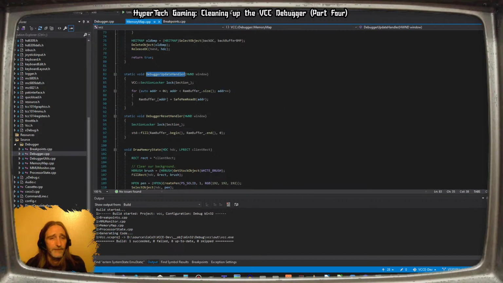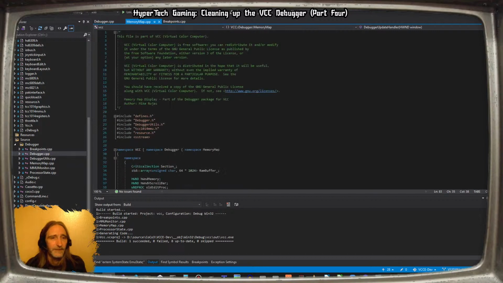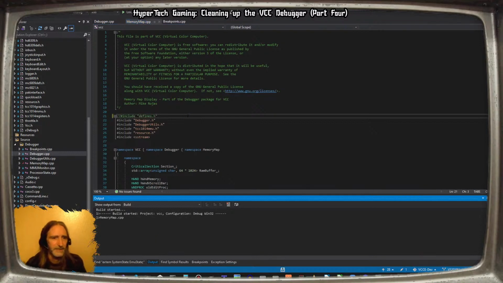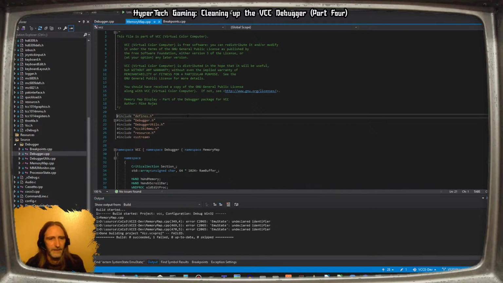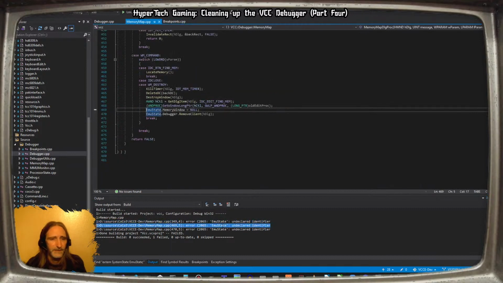So yeah, it just grabs the memory, that 64K, from the CPU, and handles it. Of course, there is going to be some locking contention here. I guess. Of course, the memory map doesn't. I don't think it does anything with the EMU stuff. In fact, I think I can actually get rid of... No, I can't get rid of that because that is EMU state, and that is register client, remove client, and